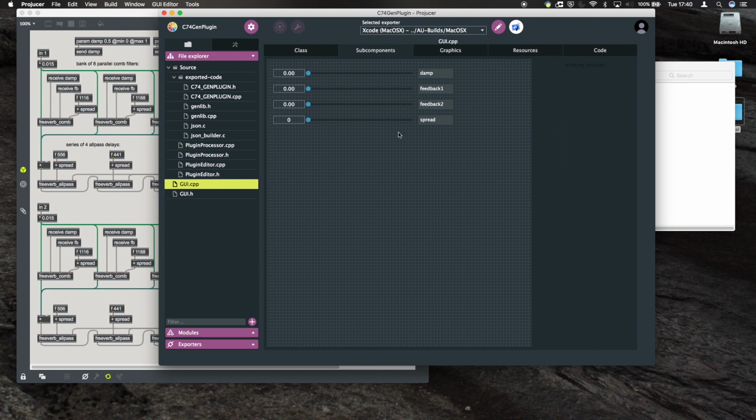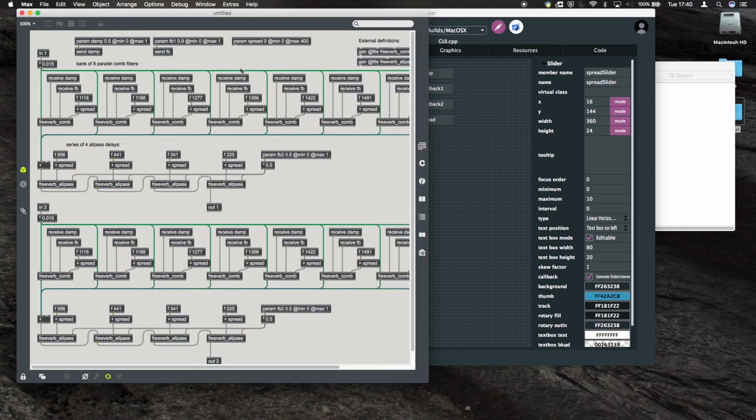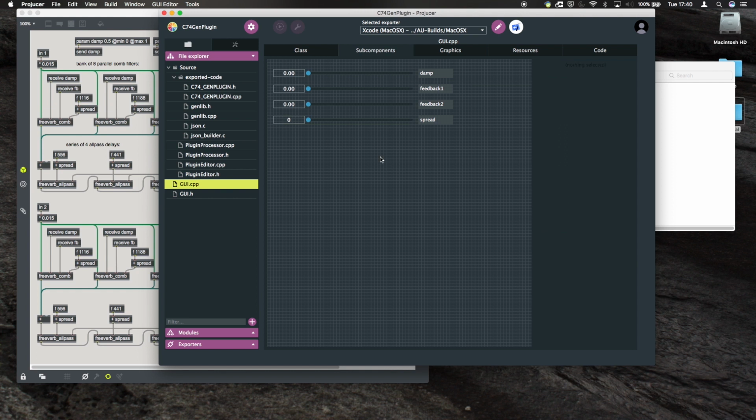And depending on your gen patch, you will have to fill in more sliders or less. I'm just showing it with that standard example that was given here. Spread slider there, copy, and the spread goes actually from 0 to 400, so we're going to adapt that. We're going to here go from 0 to 400. Okay, so now we have our little